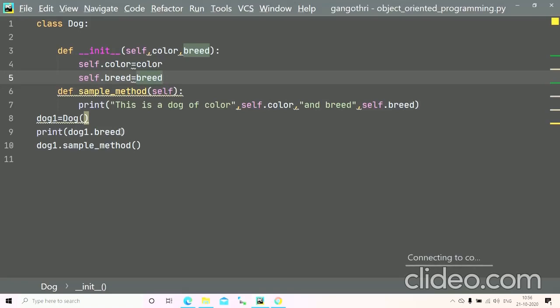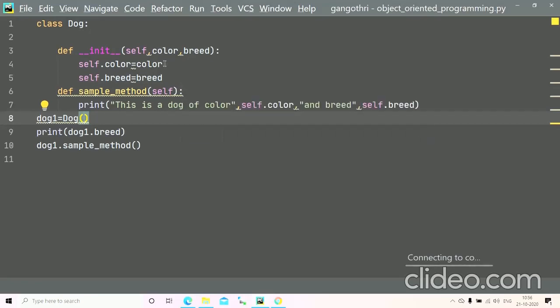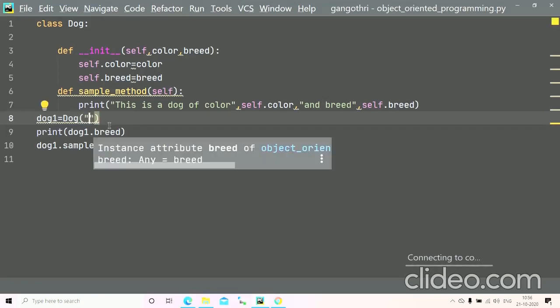Now let us give our parameters here. We haven't specified any color or any breed here, right? Last time, we specified color equal to black and breed equal to some model, right? But here we haven't specified any color and breed specifically. So let us specify them within the object, I mean the instantiation statement.